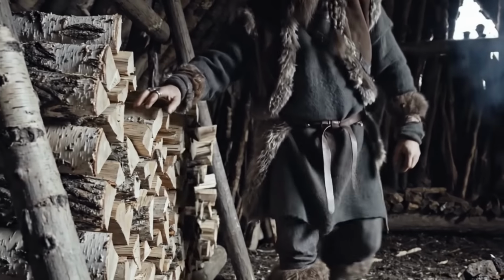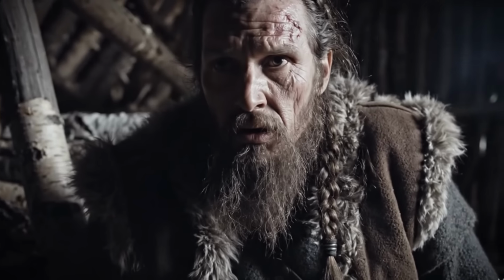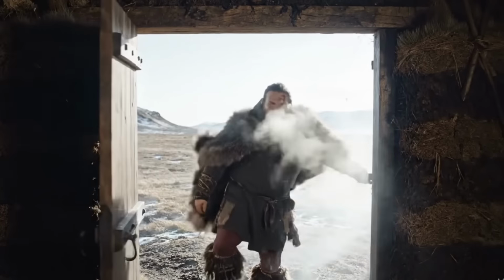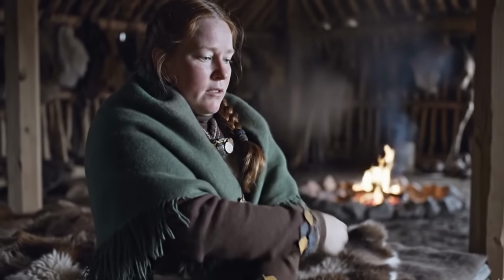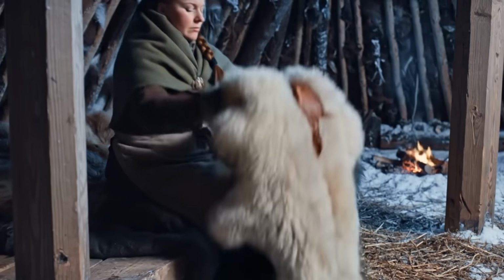Projecting that demand across a harsh winter revealed the unsustainable scale of reliance on combustion alone. Deforestation followed Norse expansion across the North Atlantic. The central hearth could not be the primary heat source. Used for cooking and emergency warmth,